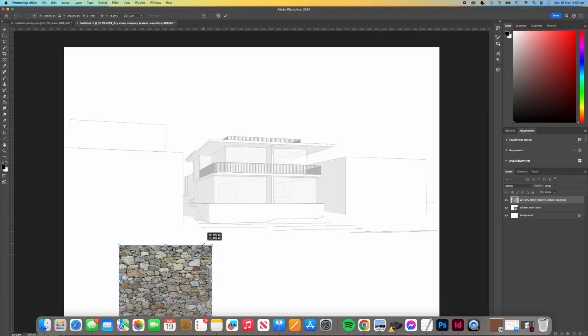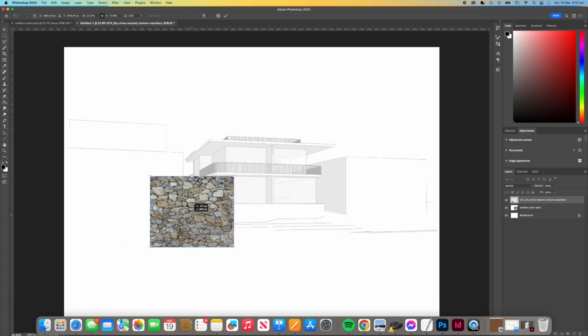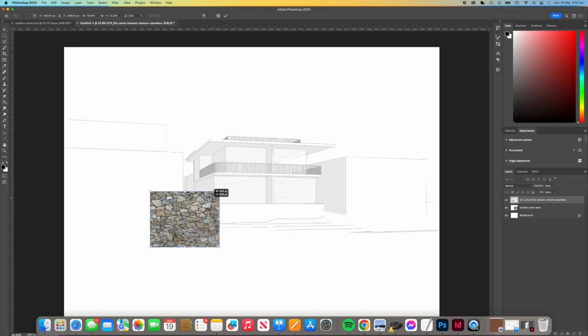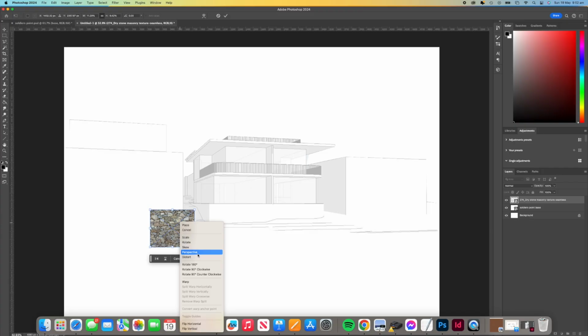Now I want to show you a few techniques on how to achieve the right scale. When you select this with Control T, we hold the Shift key down and we can scale it down to match the perspective that we're working on. We can right click and then go to Distort. We drag it over into place,